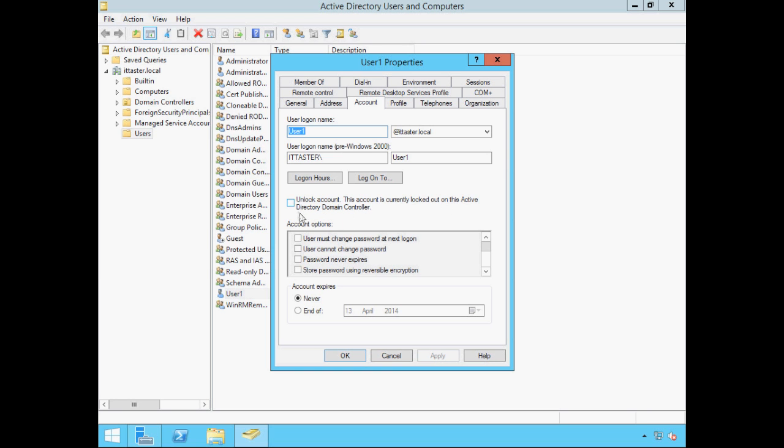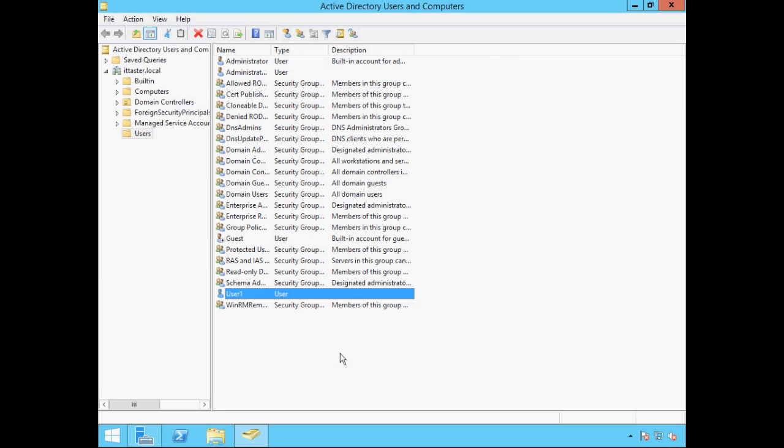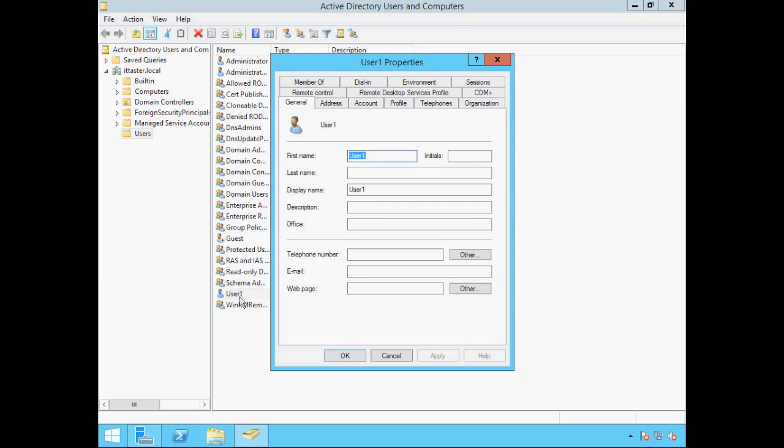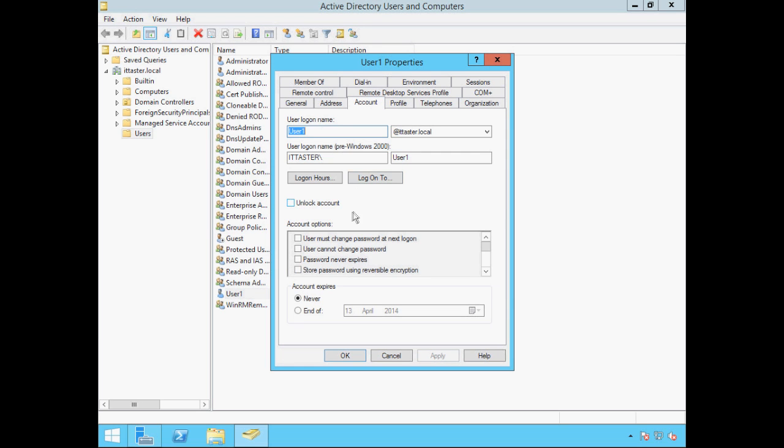All we need to do is tick the Unlock Account box and click OK. If we double click our user 1 account again, click on Account, and we can see that our user 1 account is no longer locked.